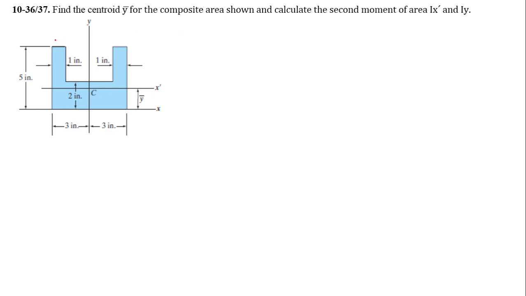You have to remember that we are trying to calculate the second moment of area, which is a parameter that is related only to the cross-sectional details. So it does not matter if this would have been a beam that has a depth into the page. If it would have been a volume, even then we are not concerned with the volume. We are only concerned with the cross-sectional details, because second moment of area is related to the details of the cross-section.